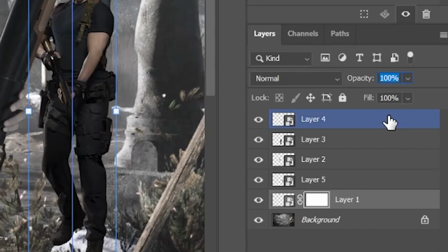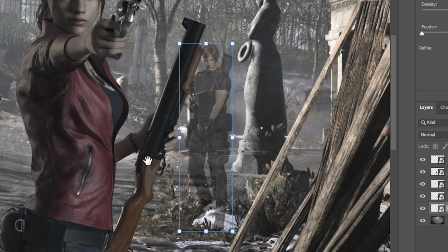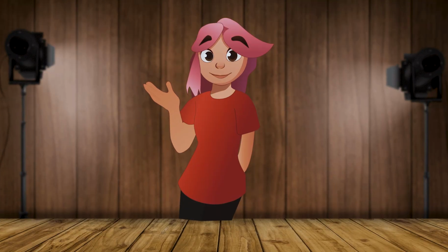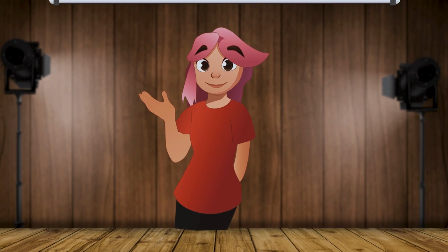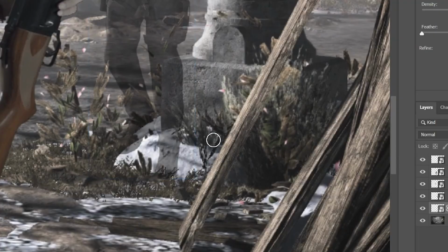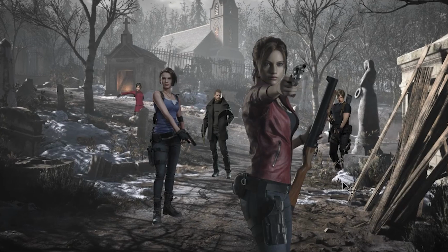Now I'm going to lower Leon's opacity and place him behind this statue because, well, we kind of need to hide those perfectly straight legs. To do that, I'll use a mask with the brush tool. Nothing too complicated here, just as you can see, I did the exact same thing with Ada, but the characters and the background don't quite